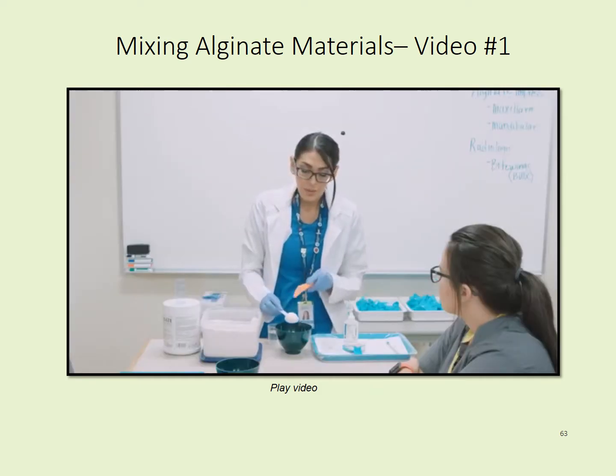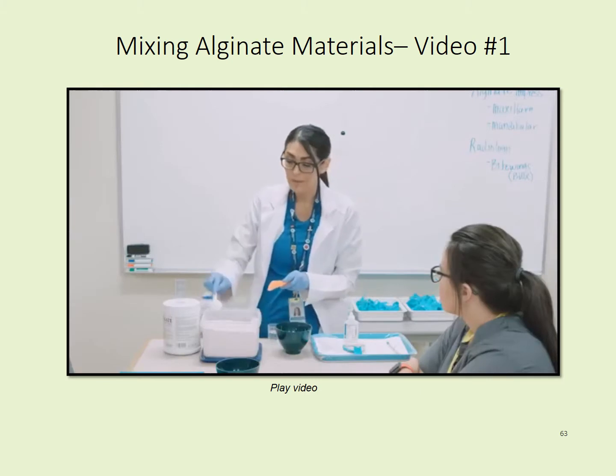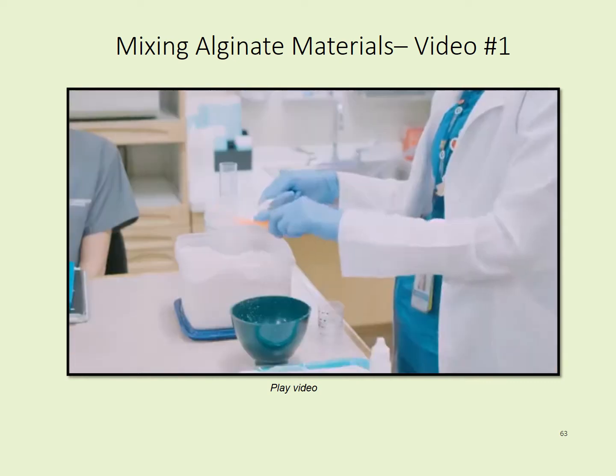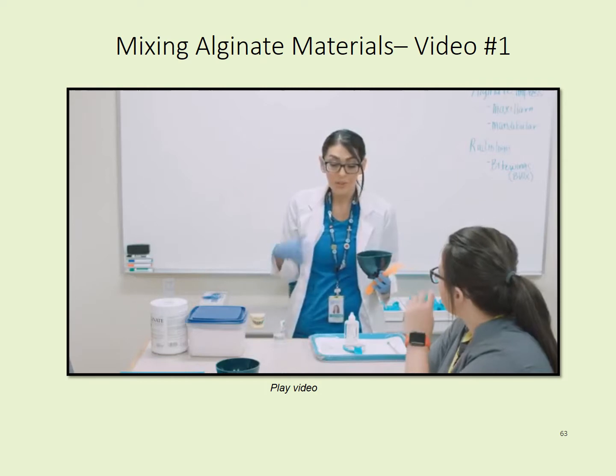Then you take your scoop and you tap the top of the scoop to get the impression material into the bowl. Again, scoop, pack, and measure. And then the next thing we are going to do is we're going to mix this